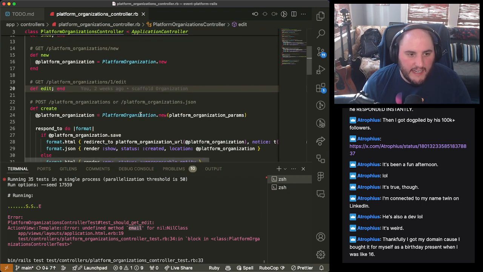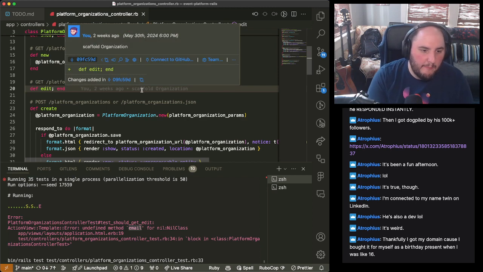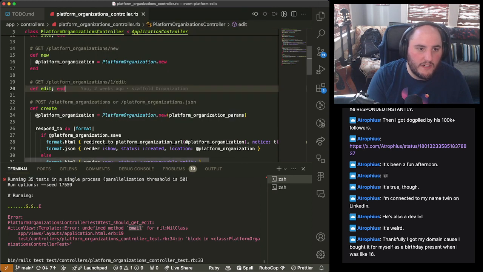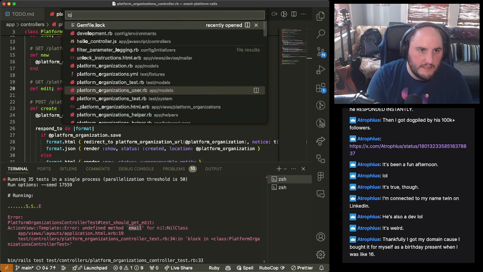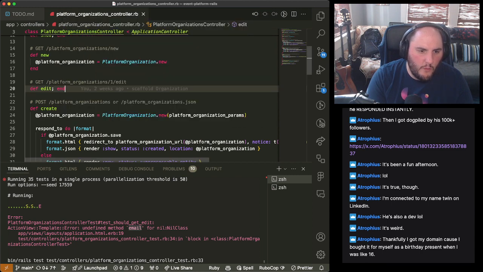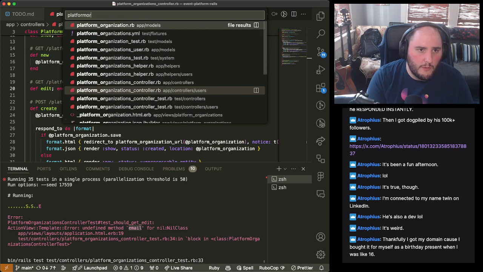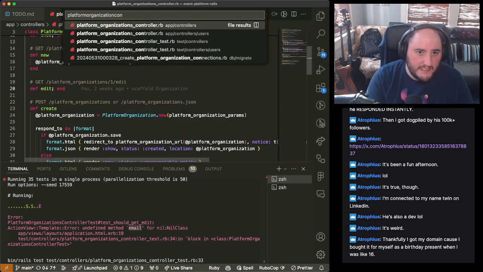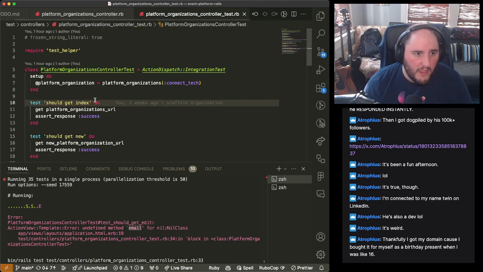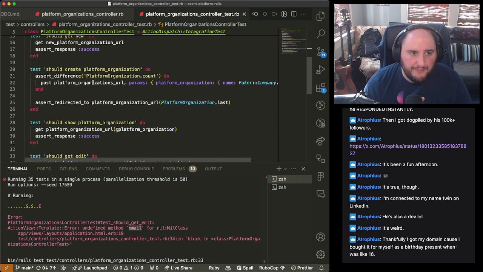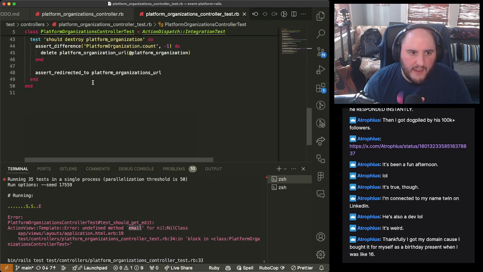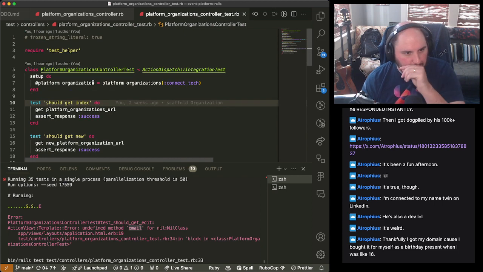So what this is saying is in the platform organization controller test, we don't have email for nil. We should have had a login somewhere in here. And we didn't. And I don't know why.